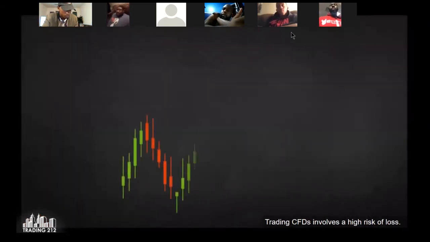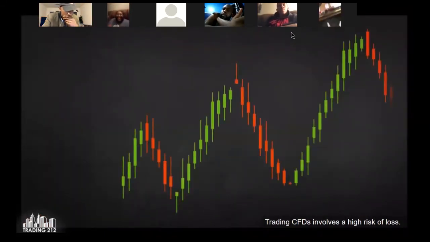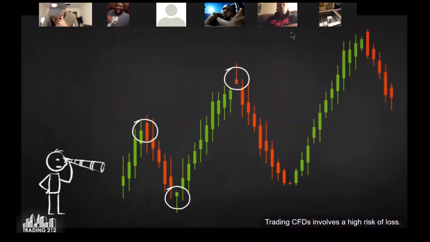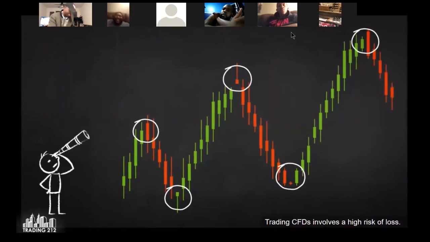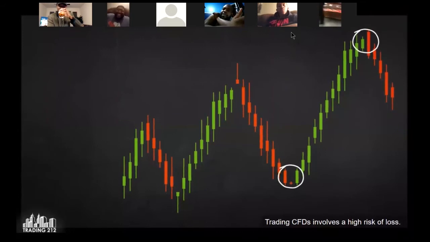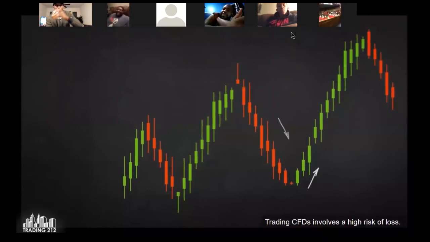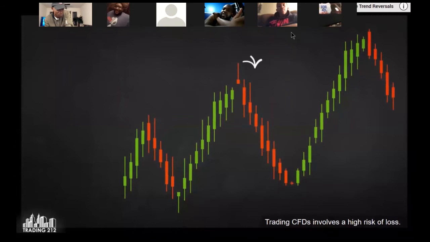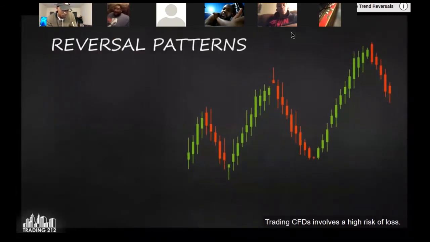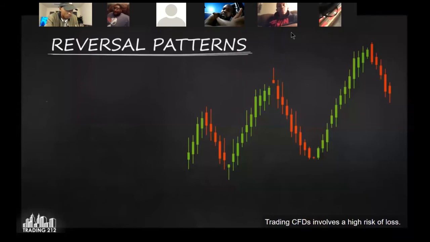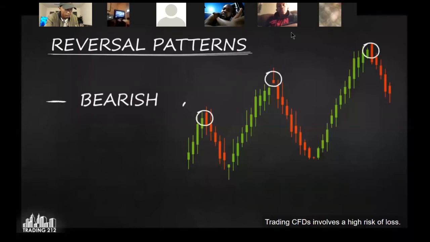It's no surprise that candlestick charts are so popular. They're excellent for spotting market turning points. By looking at the candles, you can often guess if a certain market is about to continue in its current direction or reverse it. Patterns that show that the market could change direction are called reversal patterns. They could be bearish, ones that indicate the change from an uptrend to a downtrend,